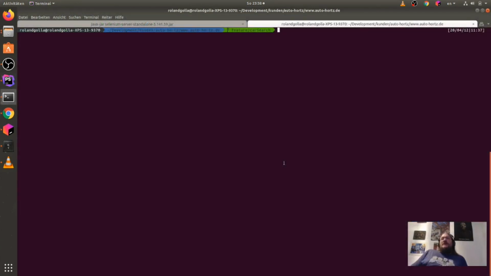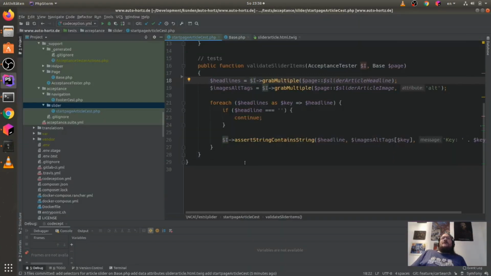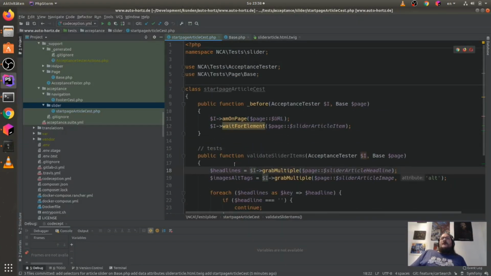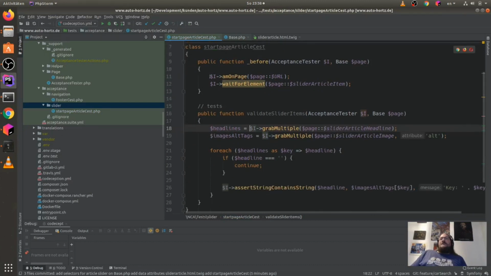So let's make a little break and see what we've done here. We add a new test. Here it's our start page article test, and it's waiting for the page and for the element of the slider article item, and then we validate the slider items.